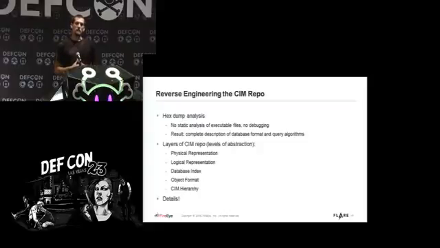So we dug into these files. From a single system we were looking at maybe 50, 100 megabytes of data, most of it in that objects.data file, with a few files supporting the B tree index, for instance, on the side. We're not going to dig into this a lot, but how did we go about this? We actually did not do any static analysis on the WMI service binaries at all. We didn't debug the system. We simply generated a lot of big hex dumps and spent most of our weekends and full weeks just staring at those hex dumps. But it ends up not being as difficult as it may sound on first pass,